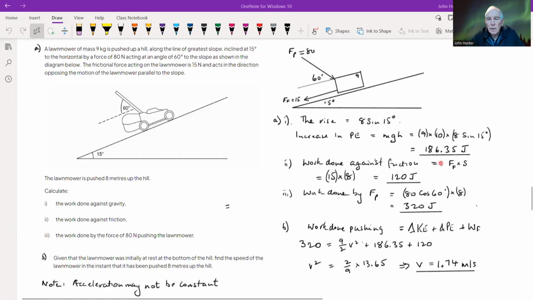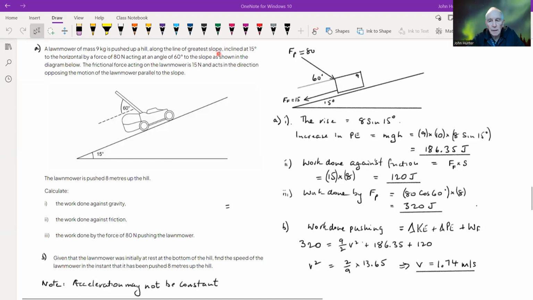Okay, we've got a worked example here for a work energy problem, a relatively straightforward one. I think there are one or two learning points in here. Let's have a look. A lawnmower of mass 9 kilograms is being pushed up a hill along the line of